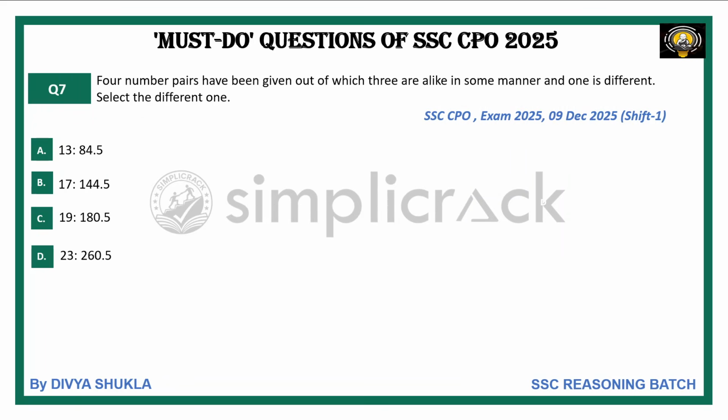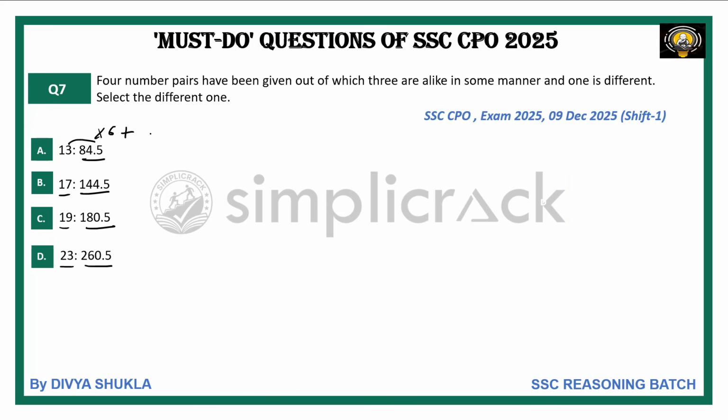Let's move to the next question, question number 7. Four number pairs have been given, out of which three are alike in some manner and one is different. Select the different one. So 13 is related to 84.5, 17 is related to 144.5, 19 is related to 180.5, 23 is related to 260.5. Suppose I'm multiplying by 6. So 13 multiplied by 6 is 78, and if I want to reach 84.5,